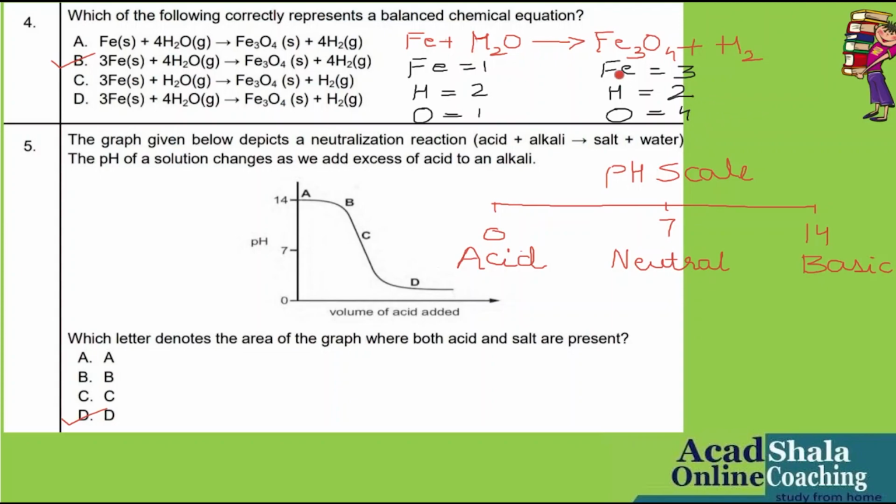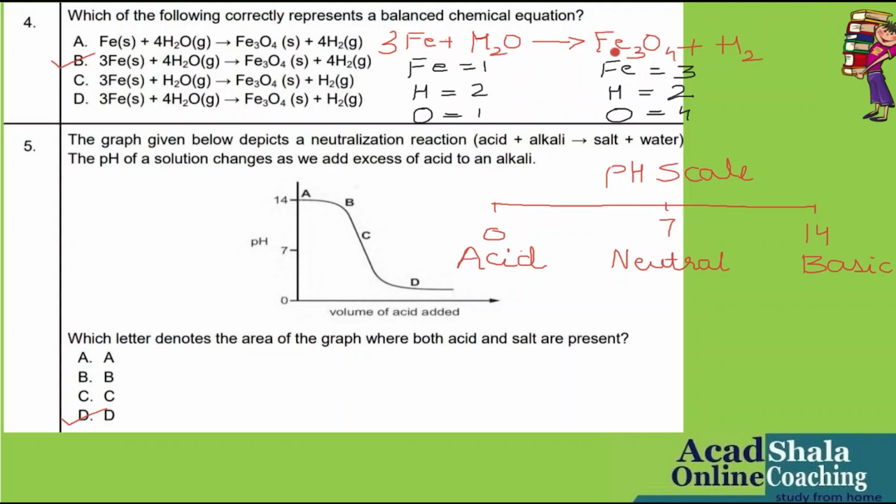So to balance the iron, first I will think, what should I do over here to make it 3, as it is 3 on the right hand side? I will write 3 in front of Fe. So let me check. Fe3, Fe3, H2, H2, O1, O4. Okay. After balancing iron, I have checked again, and I see iron and hydrogen are balanced, but oxygen